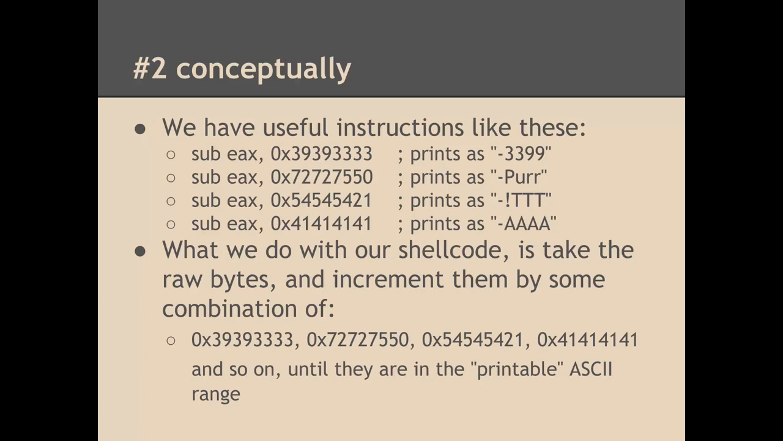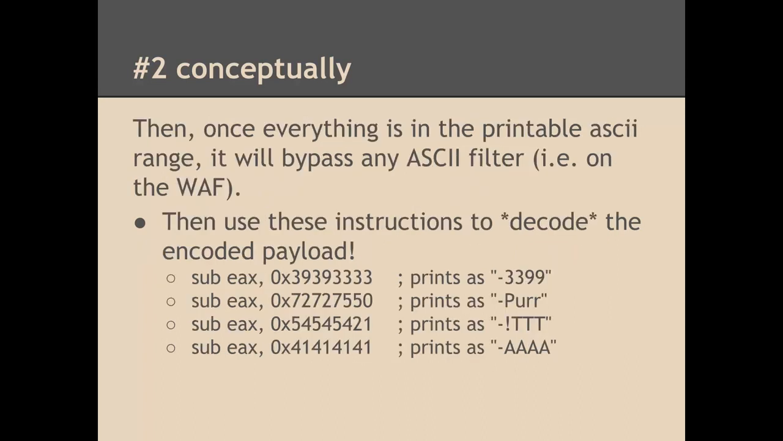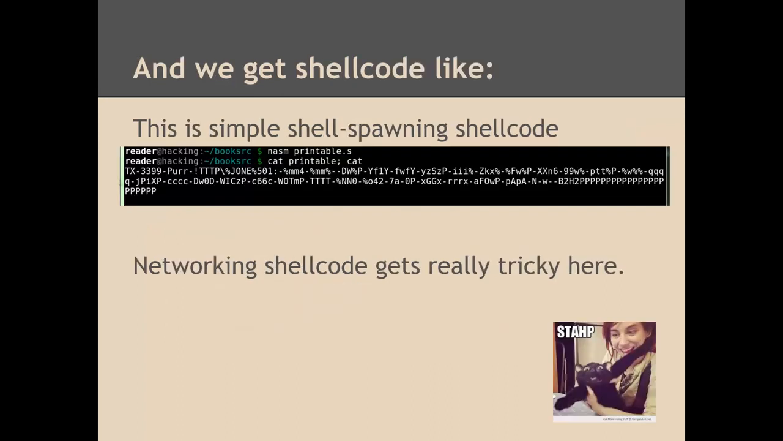assemble the payload, because you're going to have things that are going to be above 7F and things that are going to be below 20. So it gets tricky. And so once everything is in the printable ASCII range, you can use these instructions to decode it once you've encoded it to be in the printable ASCII range. And so, for instance, this